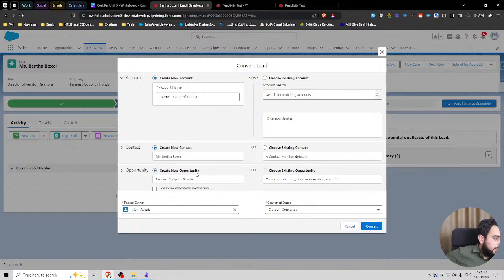Do you guys see the convert screen now? Do you guys see the convert screen? The convert lead?